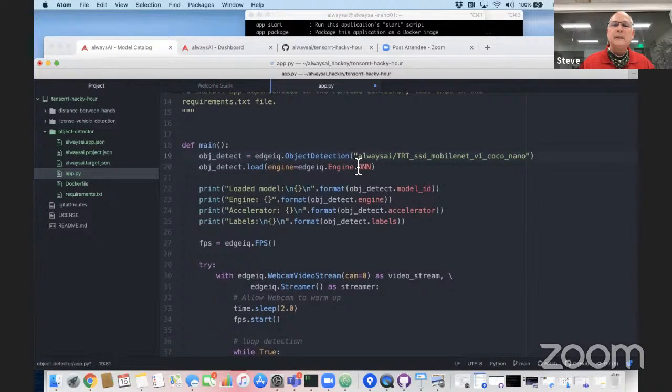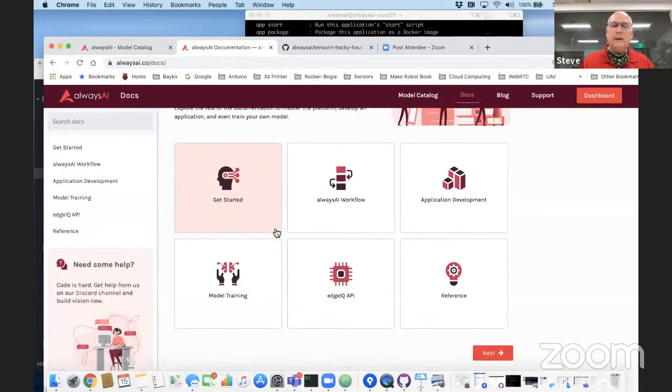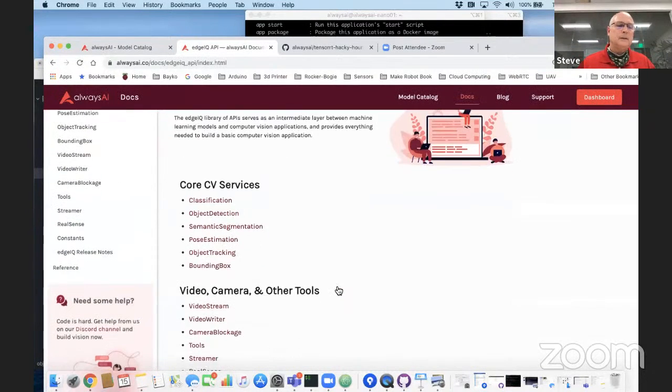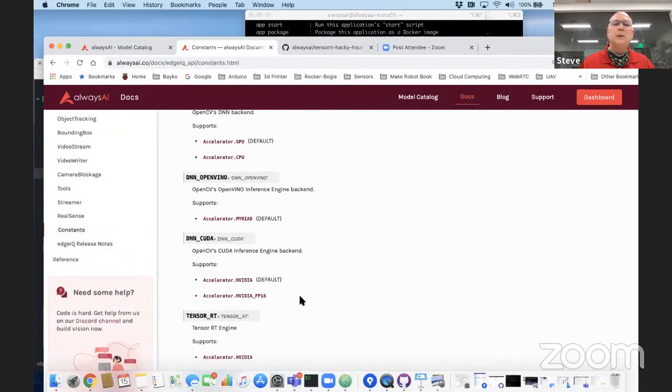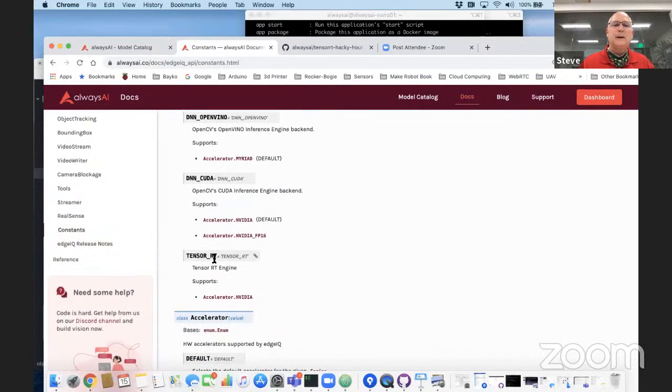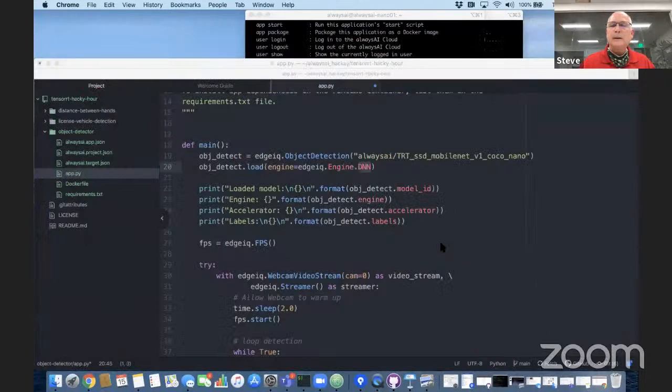Now, the next thing I need to do is change the engine type. So if we go to our documentation, I'm going to go over into docs. And if I go into Edge IQ, you'll see there's a constant. The constants set up what you put in those engines. So for example, this is the constant I'm going to use, and it sets up the TensorRT backend system. And I'll show you how easy that is to do. So I'm going to go ahead and highlight this and add